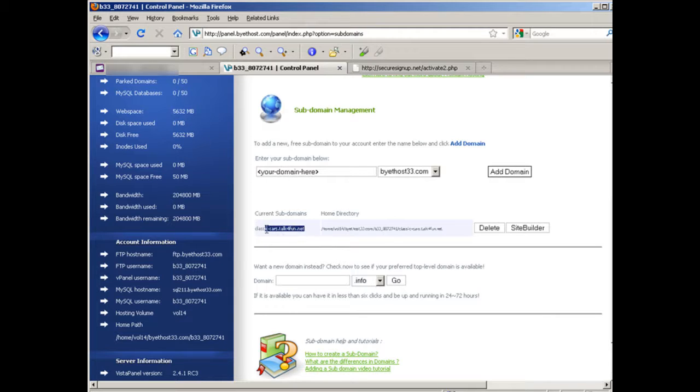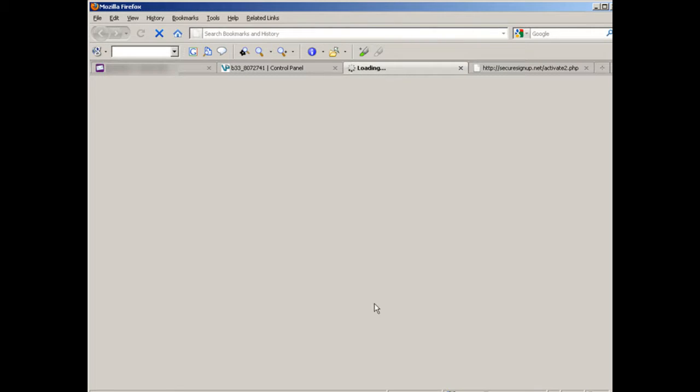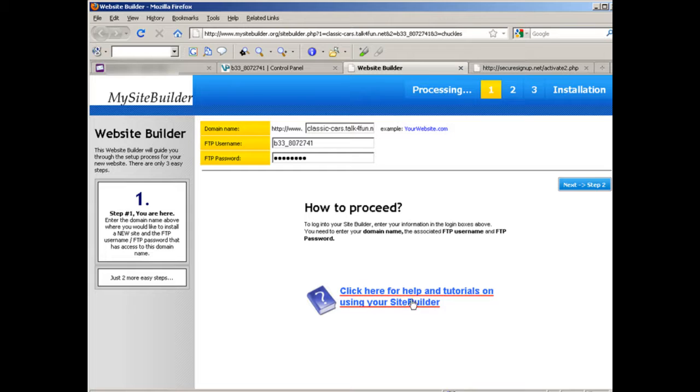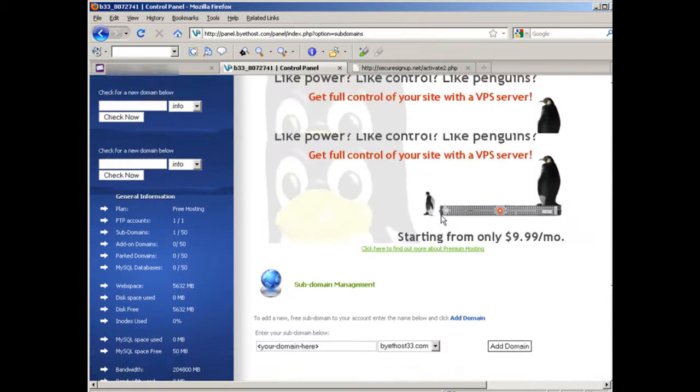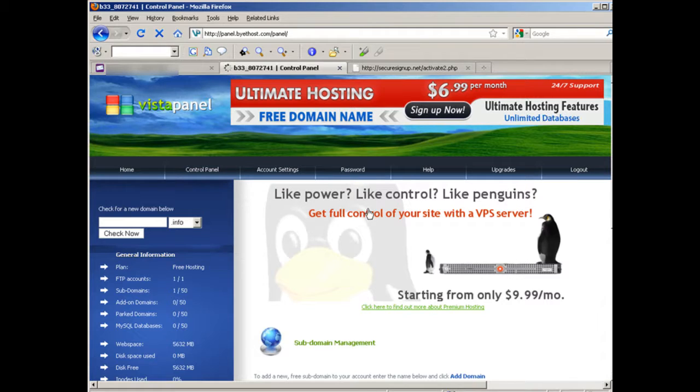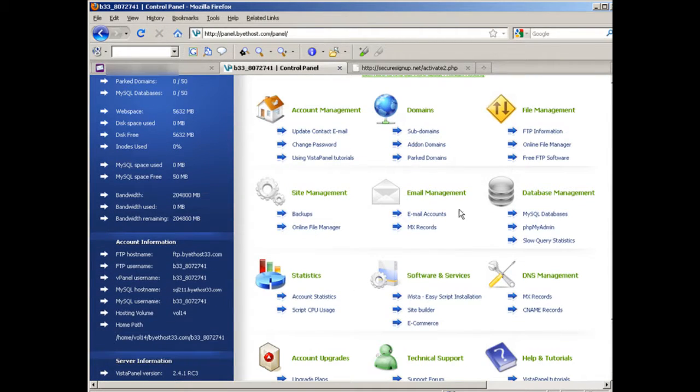Okay, and here it is. So I've set that up, and I can now go upload my files up to there, or use the built-in site builder. Okay, and then I can use the site builder to build my site from there. Okay, and then it also has, as you saw, SQL databases up to 50. So you can use SQL databases. You can install WordPress on here